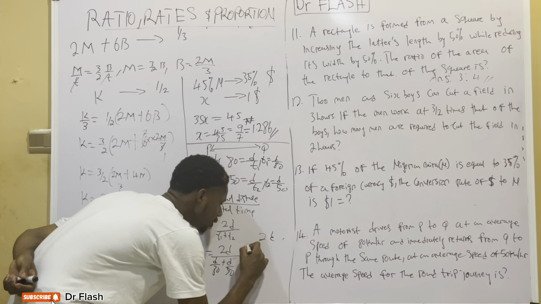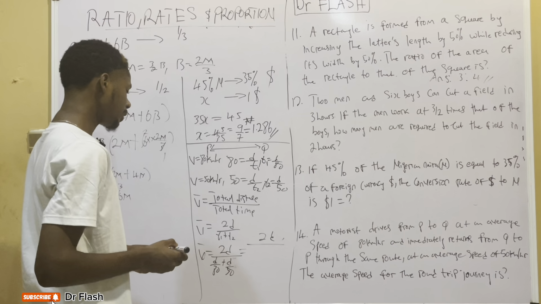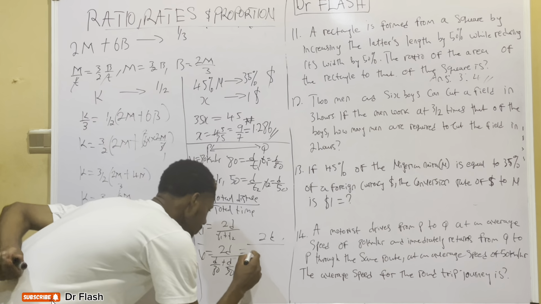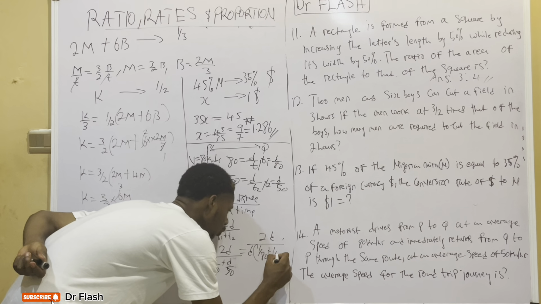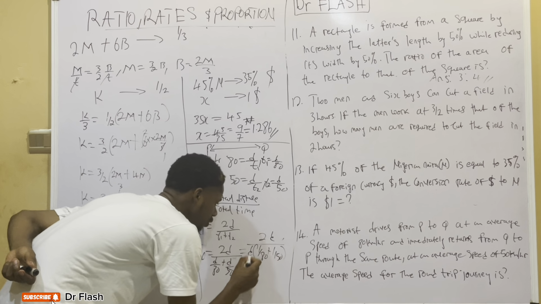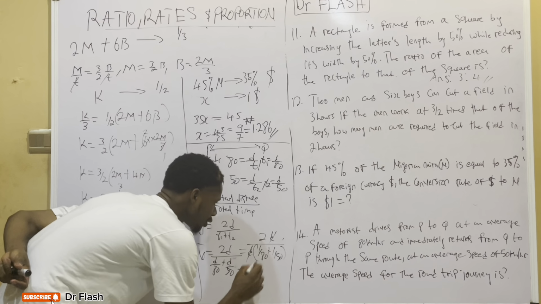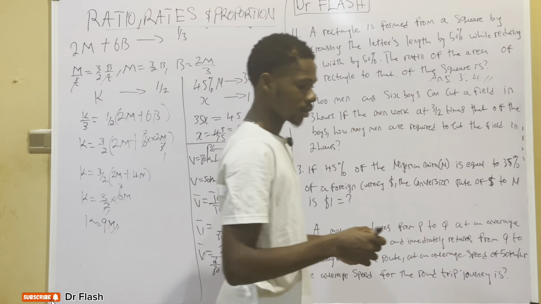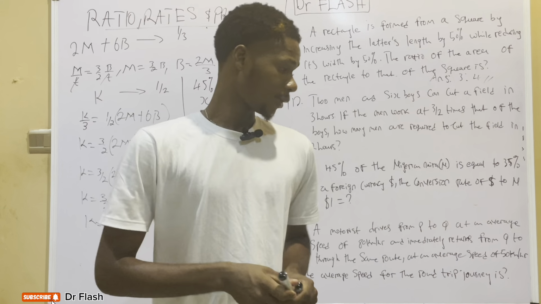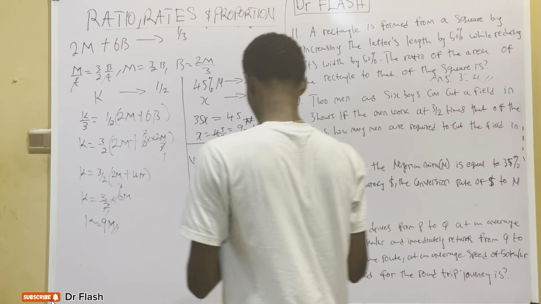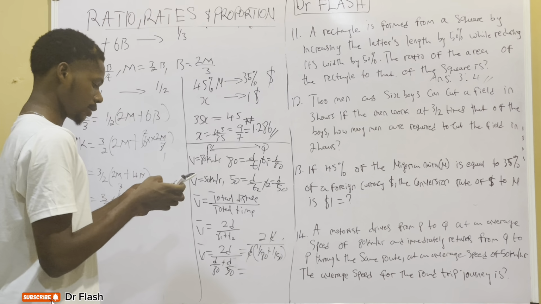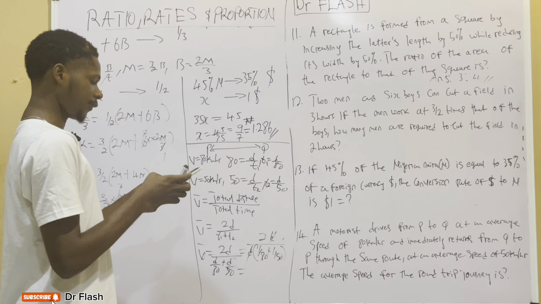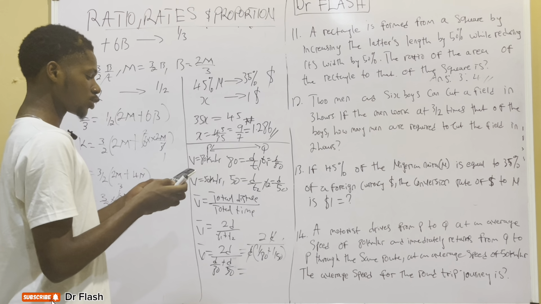So we're going to get 2D divided by D times the bracket of 1 over 80 plus 1 over 50. Here's the trick: D cancels out D. So I'm left with 2 divided by 1 over 80 plus 1 over 50. That's going to give us an answer of